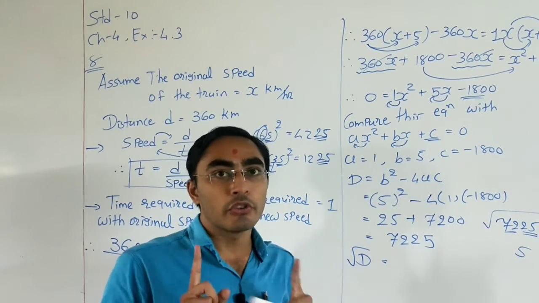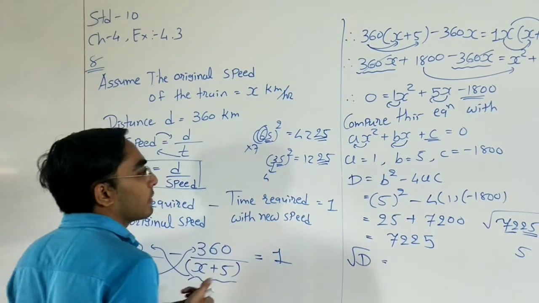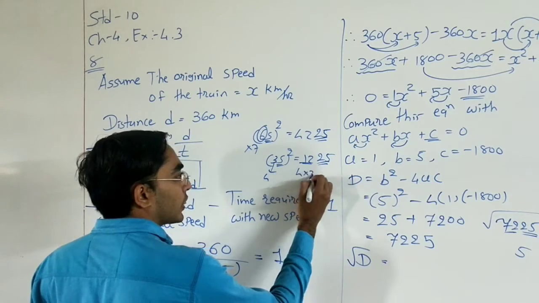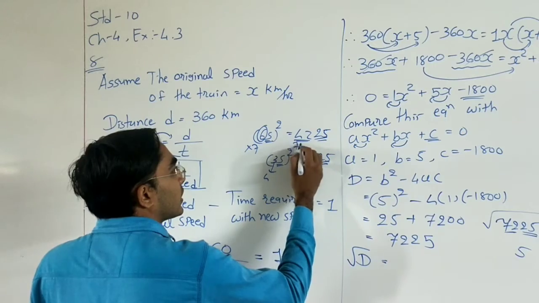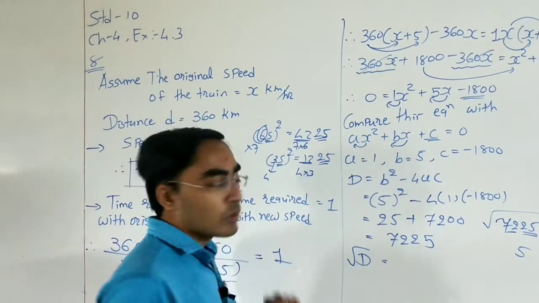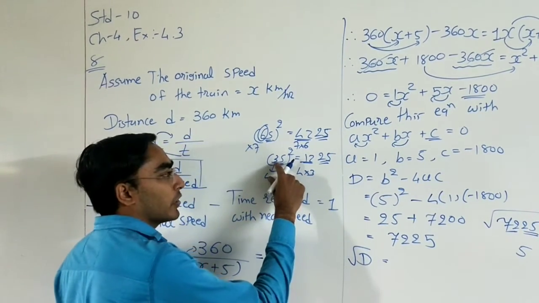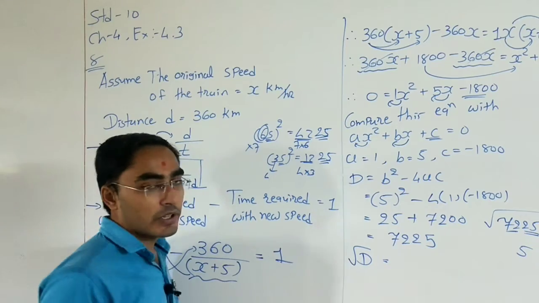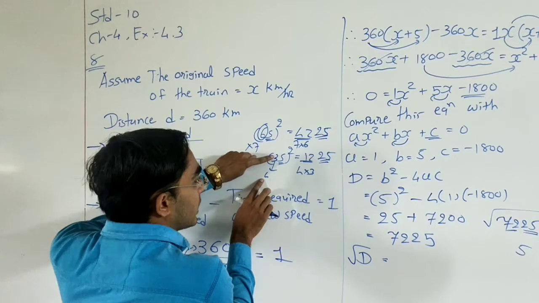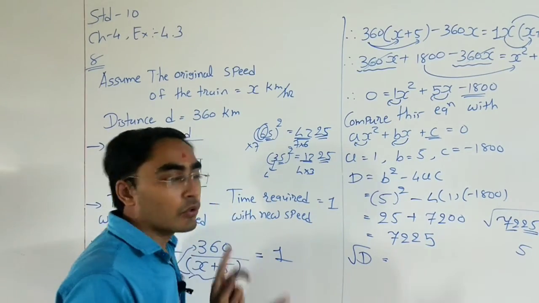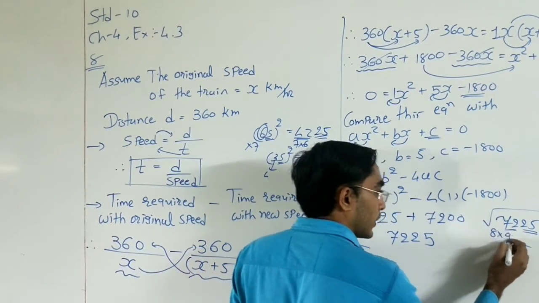But we want consecutive factors. That means here we have 12. 4 3s are 12, and 3 and 4 both are consecutive numbers. Same thing here, 7 6s are 42. These two are consecutive numbers. Why? Because here we are using multiplication of two consecutive numbers in the square. So in square root we need to use the reverse method. Here we are doing the multiplication of two consecutive numbers. So we want our two consecutive numbers. So for 72 it is 8 9s are 72.